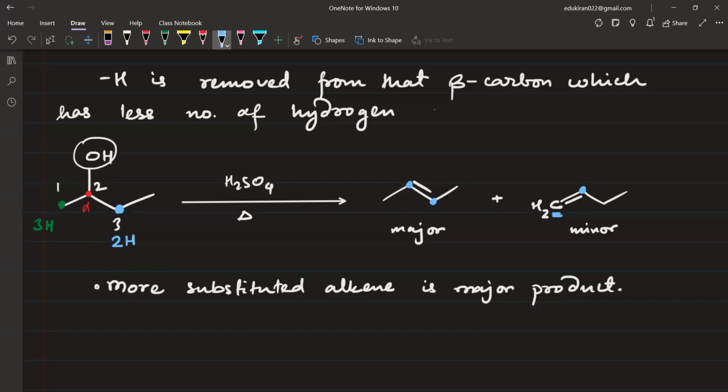Now, an alkene is obviously the double bond. It is made by 2 carbon atoms. Now, look at both the carbon atoms. Here we have carbon 1 and carbon 2. Here also we have carbon 1 and carbon 2. In the major product, carbon 1 has an alkyl group, and carbon 2 also has an alkyl group. So in this